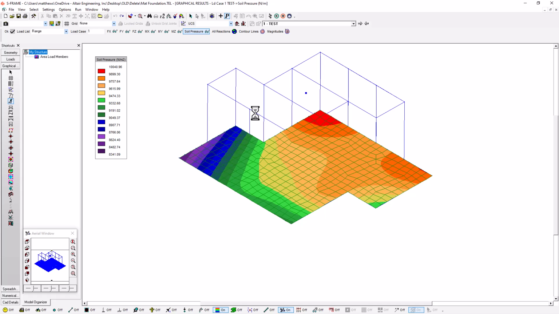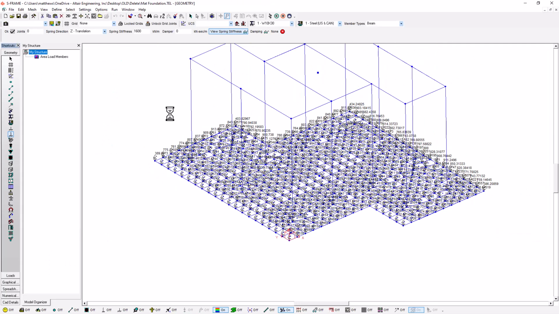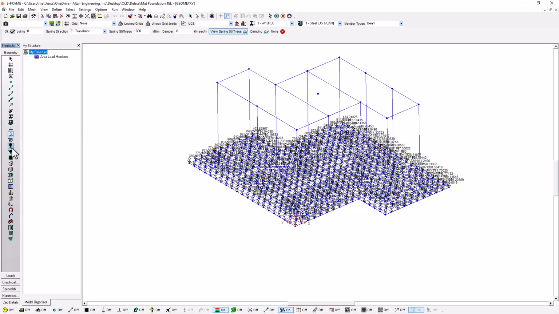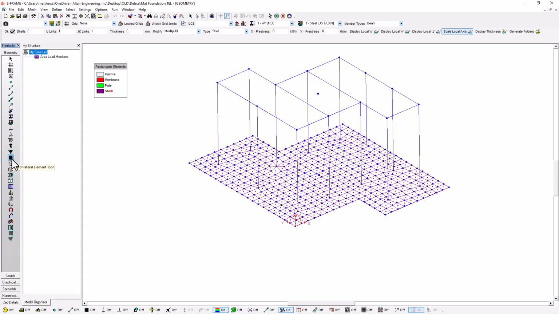One last thing to consider is that we may need to make changes to our model. Perhaps we're changing the layout of our columns, or maybe we're changing the mesh. And if we want to do that, we would do that just in the same way that we would delete any other mesh. We start by deleting our shells. So I'm going to use a quadrilateral element tool since that comprises the majority of my elements. And I'm going to hold down the control button on my keyboard with that quad element tool selected and left click and drag. And you can see here actually it looks like I'm using 100% quadrilateral elements,